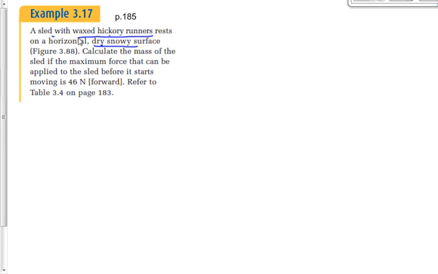Okay, let's go back to Tyler's example for a second here. When I pushed on his desk, I pushed harder and harder and harder, and it didn't move. The maximum force that I could apply before it began to move was 20 newtons. That was the maximum force of static friction. Not necessarily the force of static friction at any given time, but it was the maximum value. How hard I could push before it moved. And I'm pushing with 8 newtons right now. Okay, doesn't matter. I could push with 20 newtons before it began to move. So we would say the max force of static friction there was 20. Here we're going to say the max force of static friction